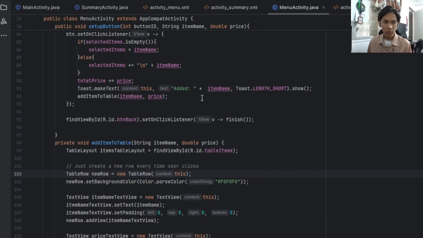Then we have button set on click listener. For this one, when the button is clicked, it will add the item to the order list, which is the selected items, and it will update the total price string. Then it will show a short pop-up message which says "Added" and the item that you choose, for example latte. And then it also calls add item to table,